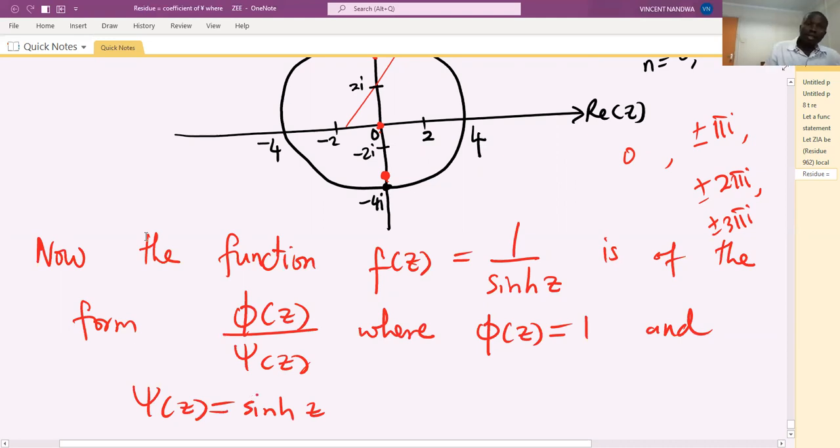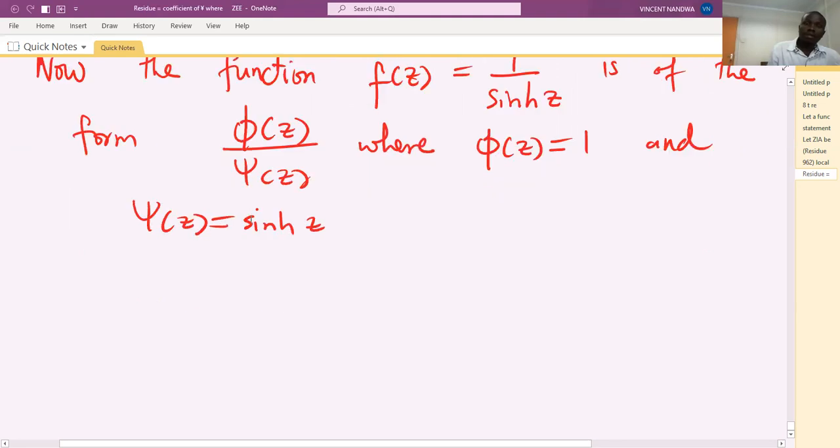Now, since phi at n pi i is non-zero and the denominator at n pi i is 0,